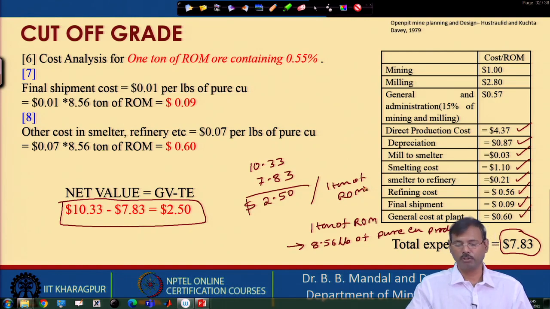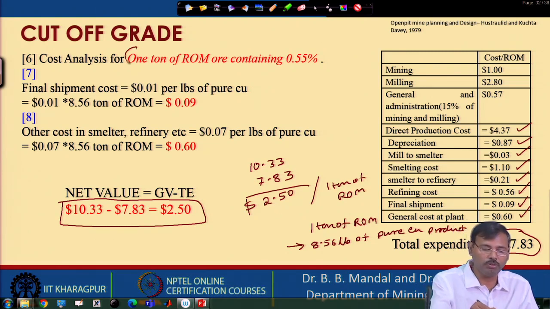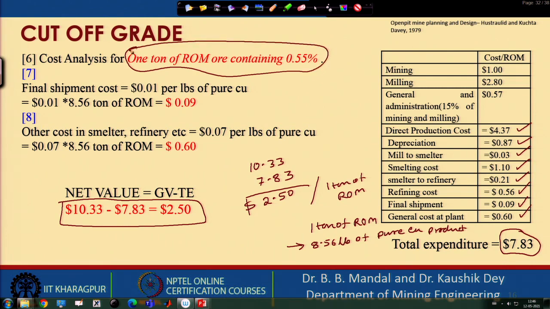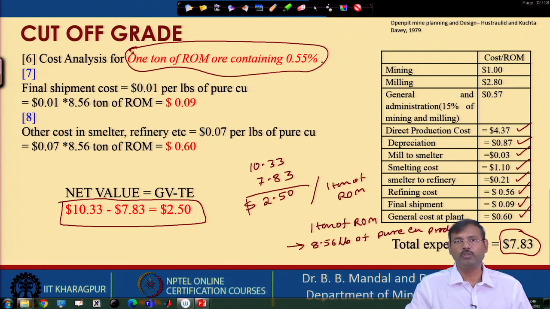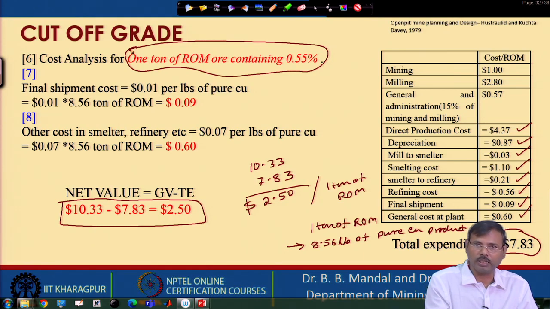So, if we are carrying out mining per ton of ROM, we have a profit of $2.5 if we are mining 0.55% grade of copper. So, that mining gives us $2.50 profit. But the problem is, if we have calculated this one, we do not know the grade